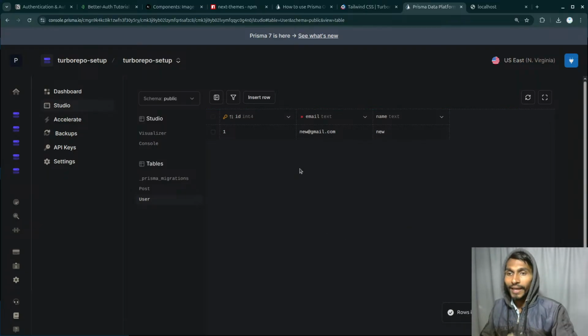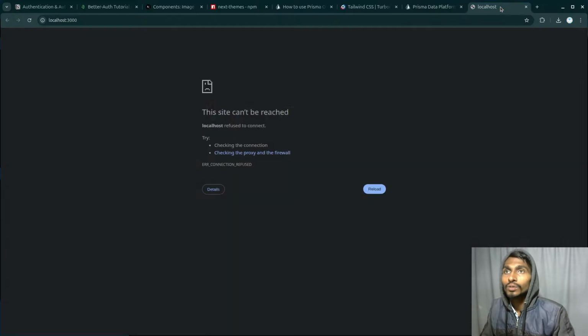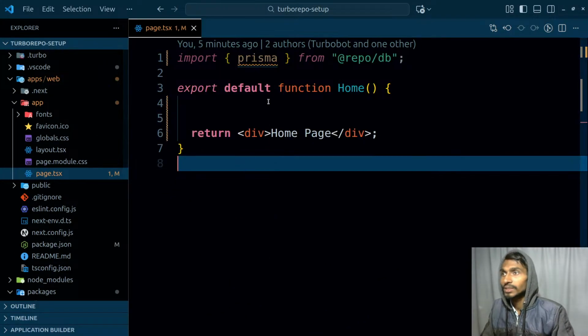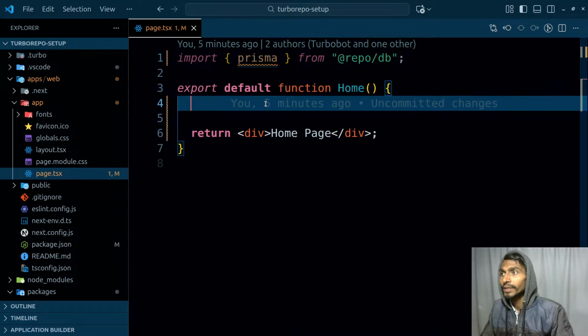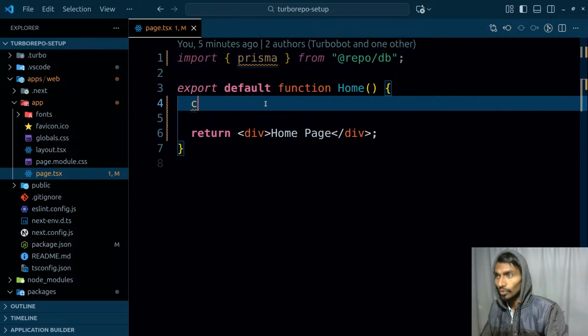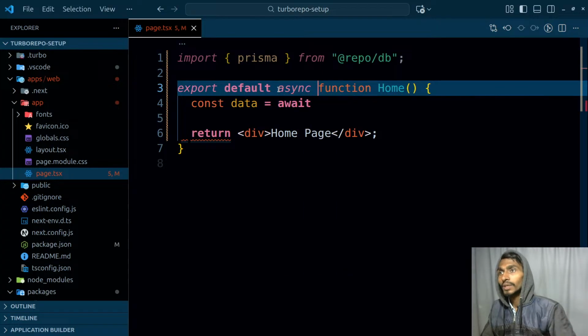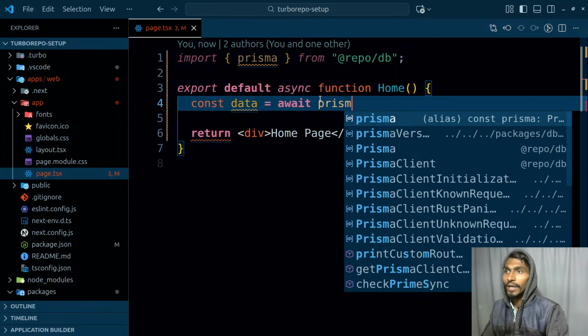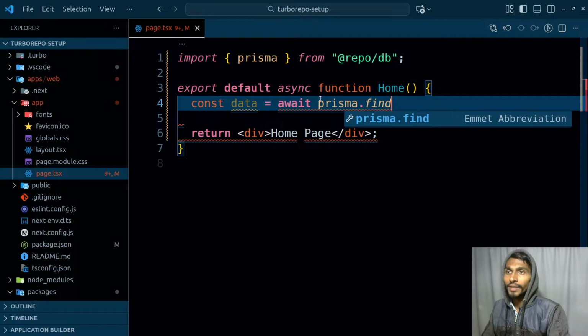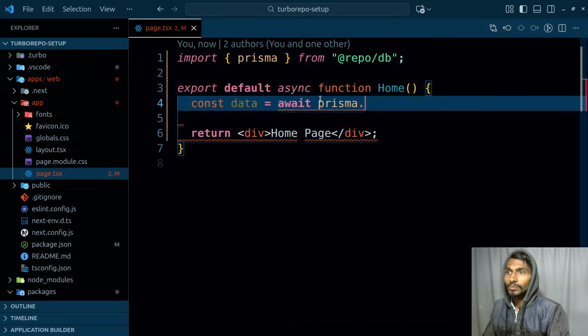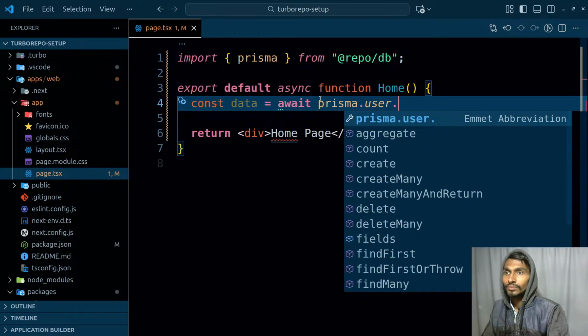So ultimately data has been inserted, and once it is inserted, what is the next thing that I can do? I'm already getting my Prisma client, and using that Prisma client I can fetch the data. So let's even do that. So const data, I hope this is how it's done, by the way. Let's name it data. Await, and if I want to await it, I'll have to make it async, and await prisma.user.find